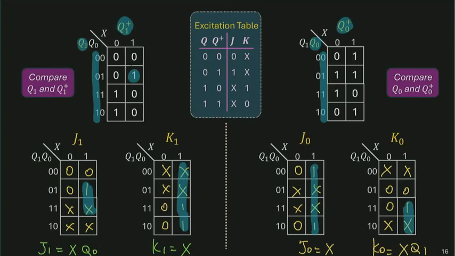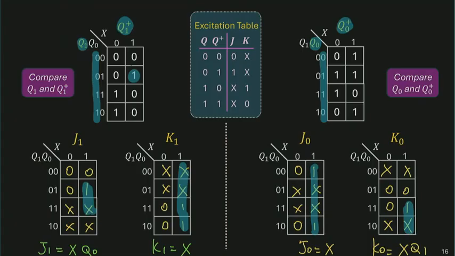Yes. So I think I should highlight a few examples. Let's say, look at the second K-map. This K-map describes the relationship between Q0 and Q0 plus. Q0 is one of your inputs. Q0 plus is the output. Right? So to make that transition happen within the flip-flop, we need to compare them and see what we need to put at the J input and K input. So for example,